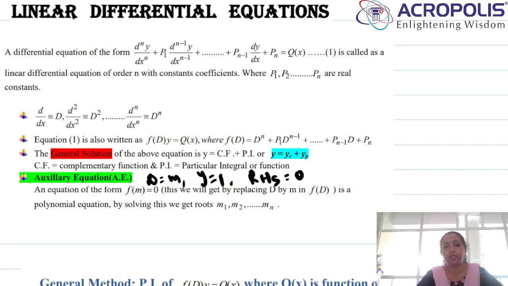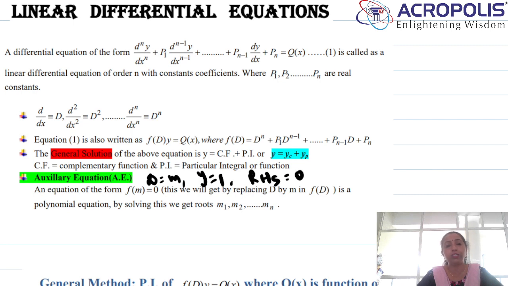Here you can see on my screen the definition of linear differential equation says that a differential equation of the form d^n y by dx^n plus p1 d^(n-1) y by dx^(n-1) and so on is equal to q of x is called a linear differential equation of order n with constant coefficients, where p1, p2 and pn all are real constants. D is equal to d by dx, D square is equal to d2 by dx square. They all are differential